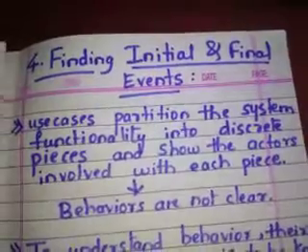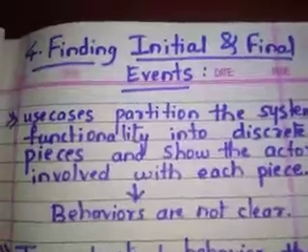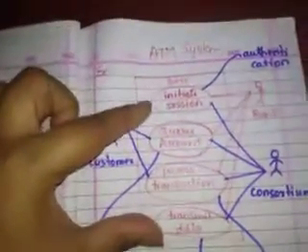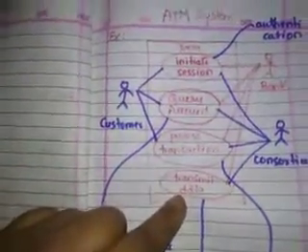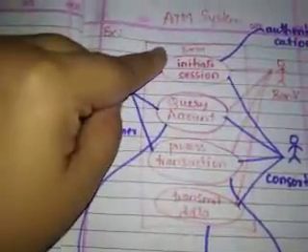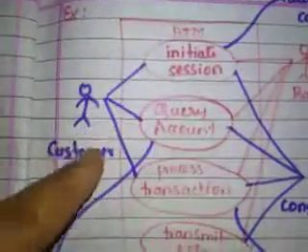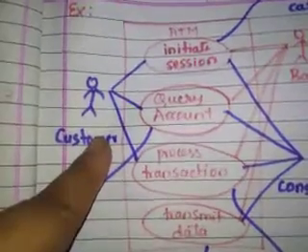So to start with, the use cases partition the system functionalities into discrete pieces and show the actors who are involved in each piece. If you take the interaction or working of an ATM machine, we have a discrete set of pieces of the functionalities and we have the actors also who are using these particular use cases. So we'll see in the boundary of the ATM system, we have around 4 use cases. First one is initiate the session, which starts with the customer entering the card and the ATM machine waiting for some customer to enter the card.